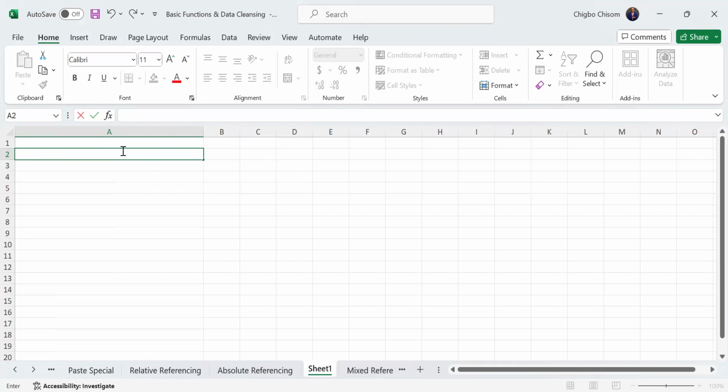And so if I say equal to $C2, it still means the same thing. Please get this. It still means the same thing. But it's now a different interpretation. What I'm saying here is that I am locking